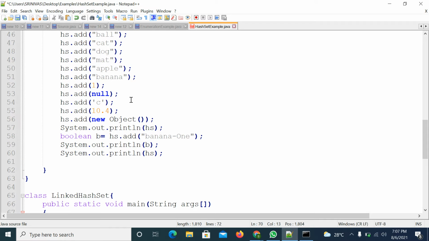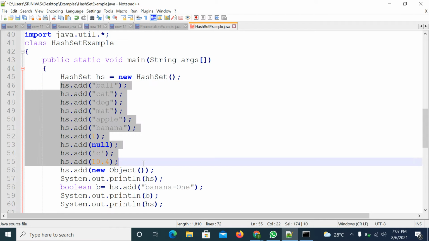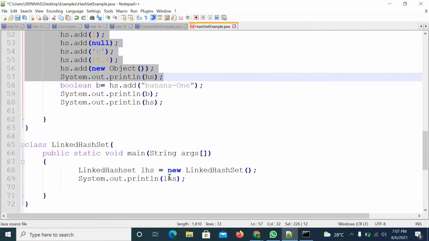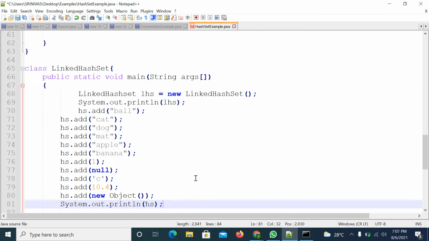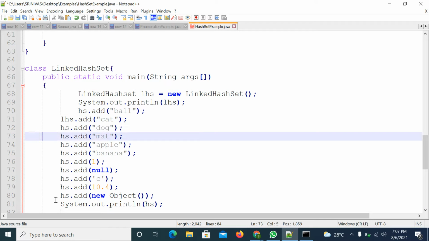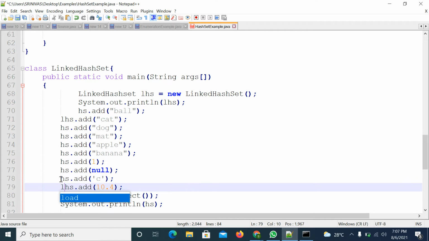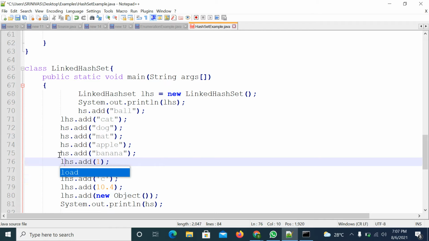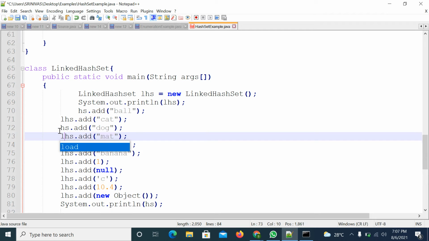So what I will do is copy paste this data instead of writing one more time, right? In place of hs I will add lhs, all are lhs, because the reference name I am changing here.